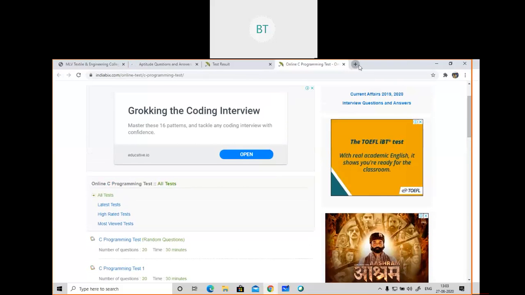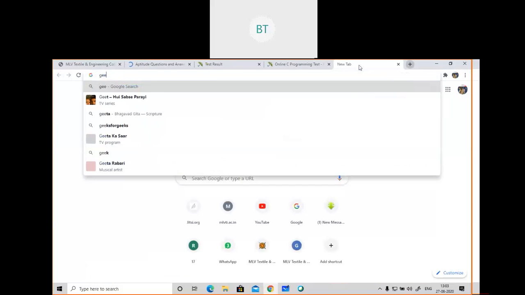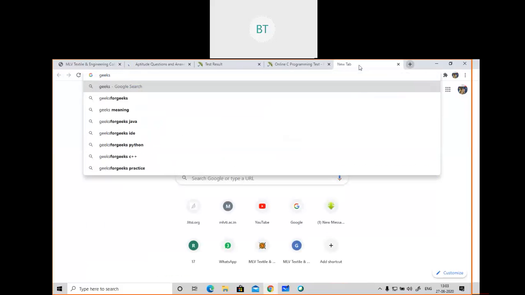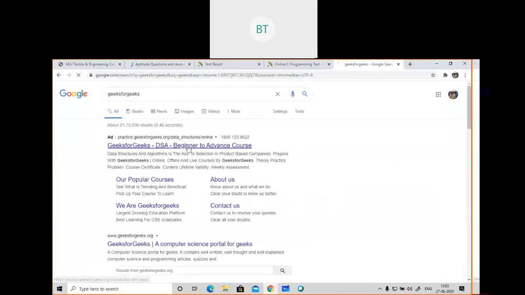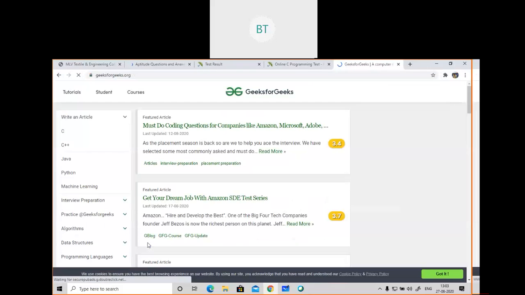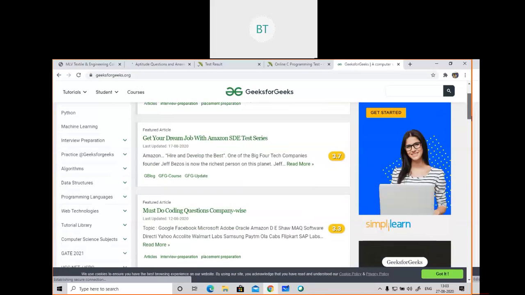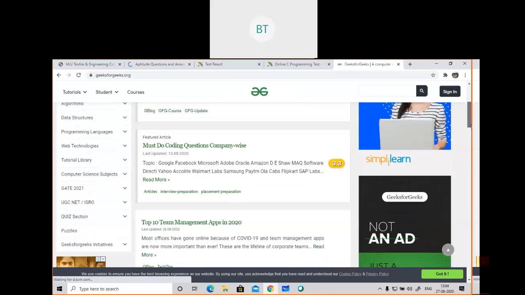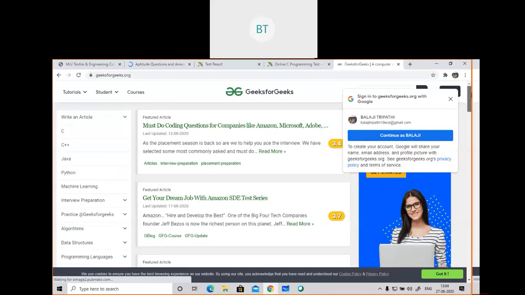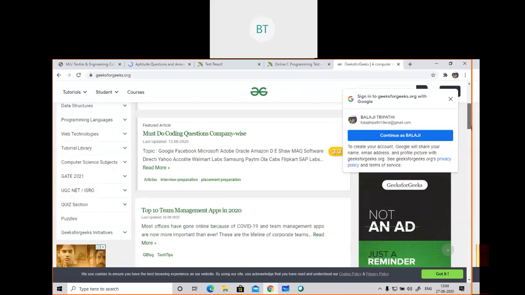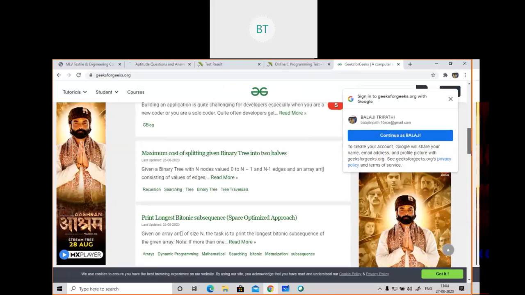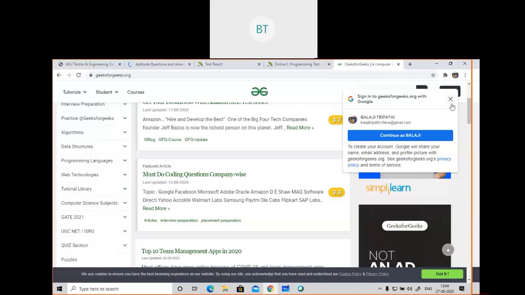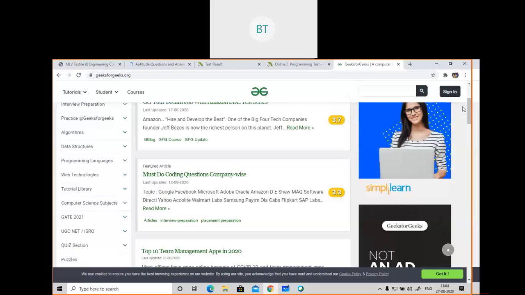And one more site is there, that is Gigs for Gigs. Whole Bangalore is dependent on this site. We have also done Gigs for Gigs. I'll show you. You'll find all those C programming problems in there. If you wanted to read, GATE 2021 paper, UGC NET paper, quiz, company paper, anything you wanted to take, you can take it from here. Everything is available here. If you are having any kind of doubt in connecting to those sites, I will help you. I have already been there.